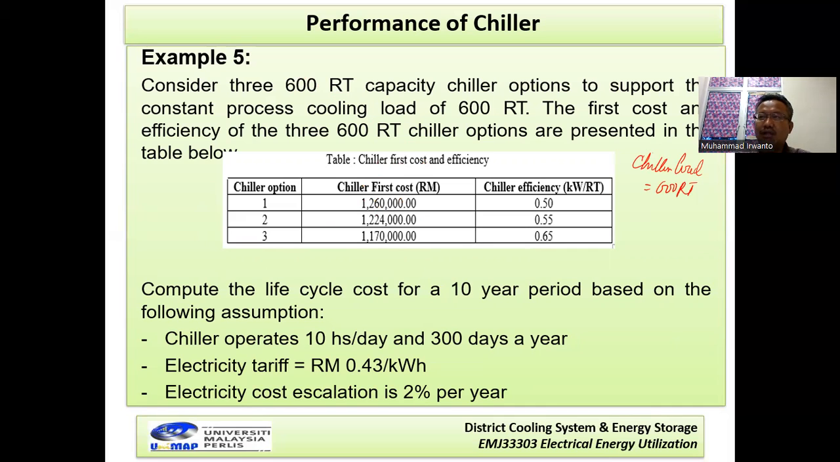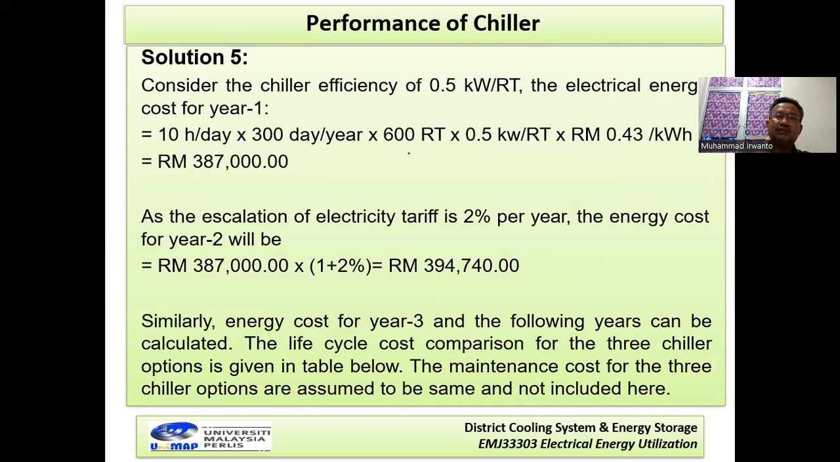For year 1, year 2, year 3 until year 10, and then calculate the total, including the chiller first cost. We can see the example, chiller option 1. Because chiller option 1 has efficiency 0.5 kilowatt per RT, the electrical energy cost for year 1 is time, and this one is